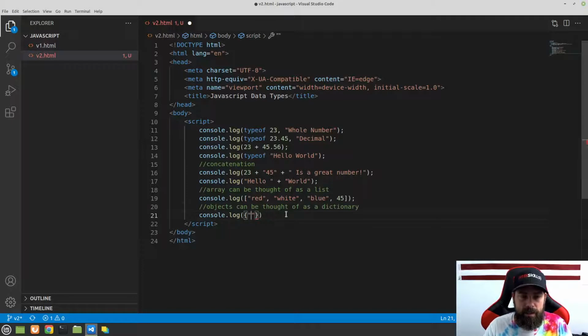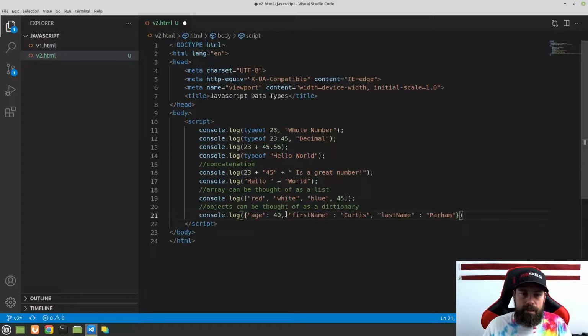So here what I can do is I will do age, and we'll do 40, and I can do a comma, and I'll do another thing, and I'll say first name, and we'll do a colon, and then we'll put a string here, Curtis. We'll do another one here, and we'll say last name,